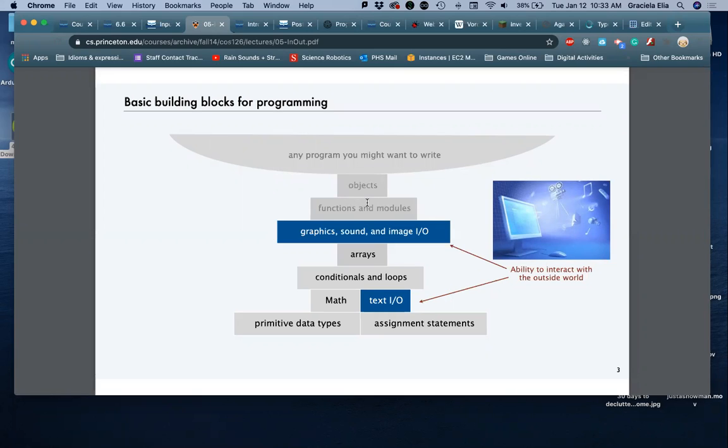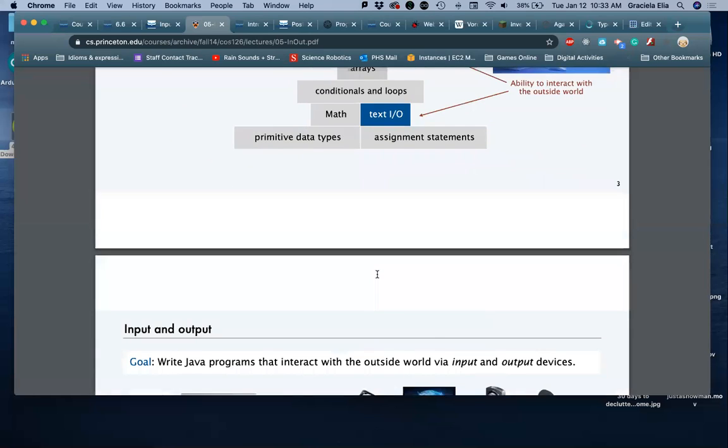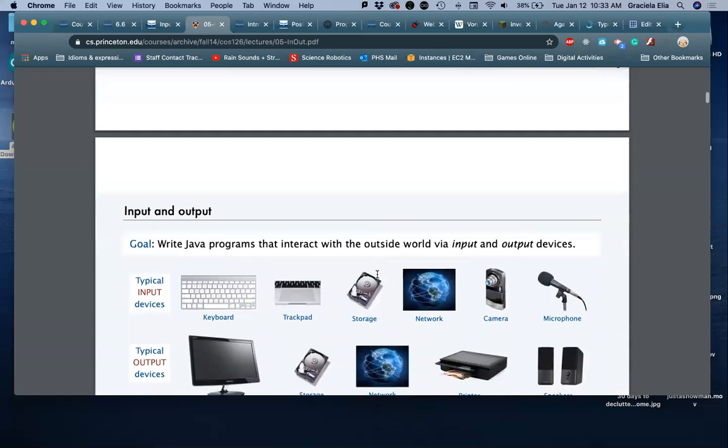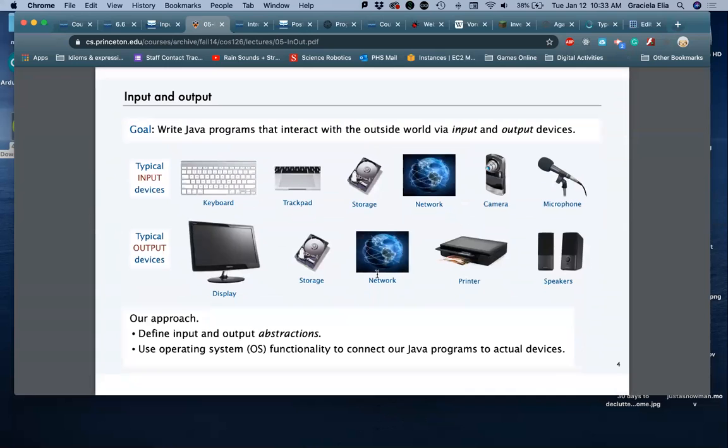I'm more into object-oriented because this class is kind of a feeder to the AP class. And College Board likes to think of objects first. And there is a lot of philosophy behind that pedagogy that I'm not going to go into. So let's take a look at what we're going to be thinking in terms of